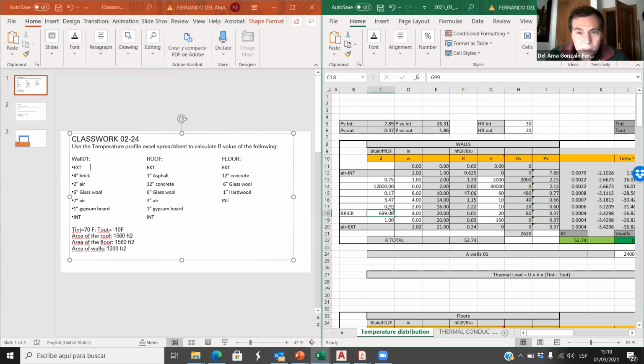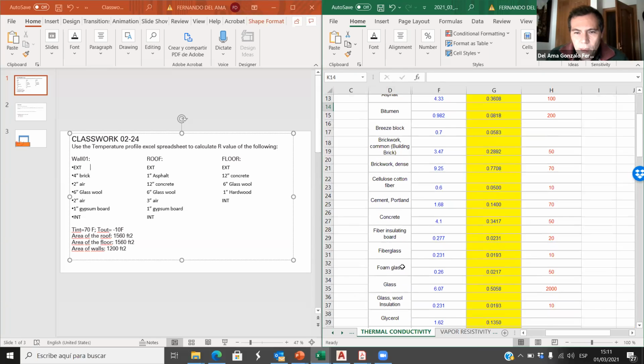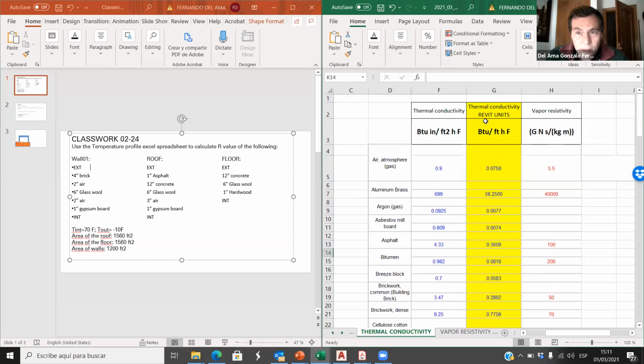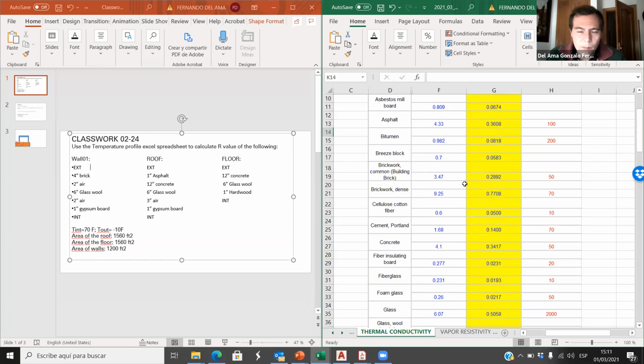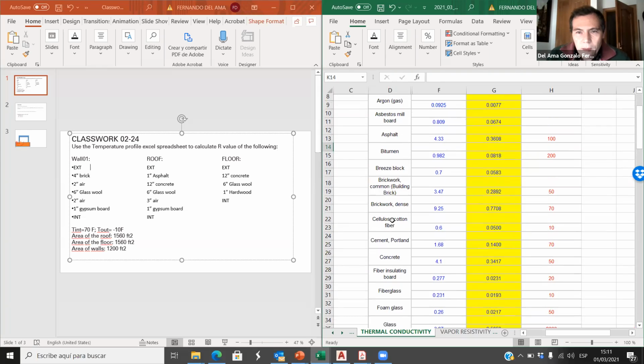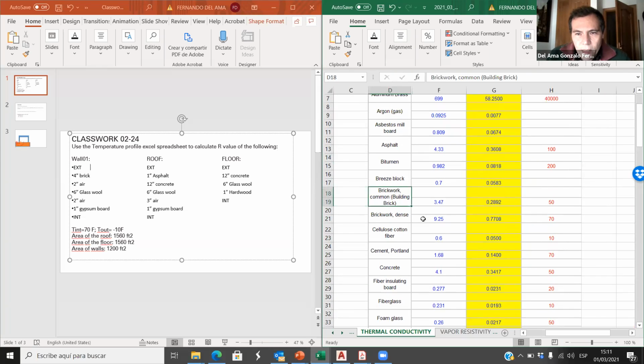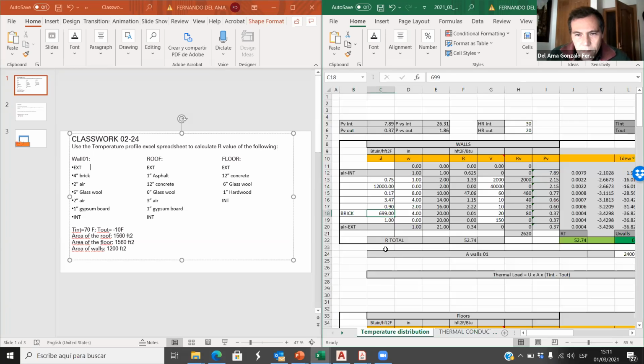The thermal conductivity is not this, so we have to go to thermal conductivity, brick. I have a yellow column here. I will explain that later, and I will upload this Excel file because it's different from the one that you are working with. So brick common, this is 3.47. Okay, second layer,